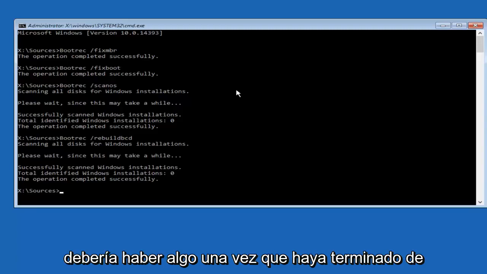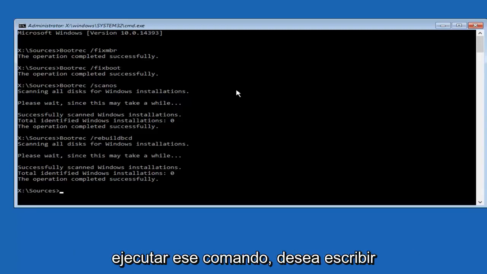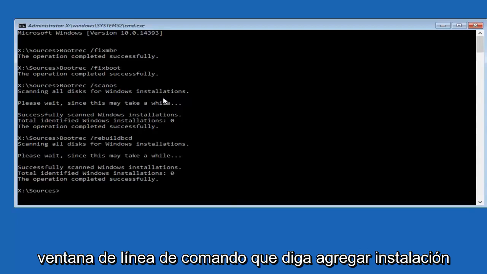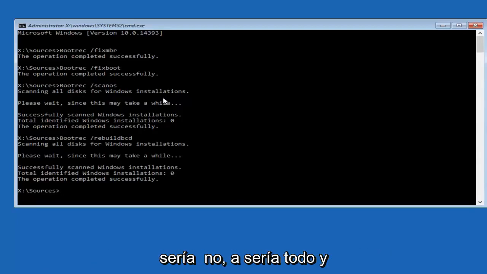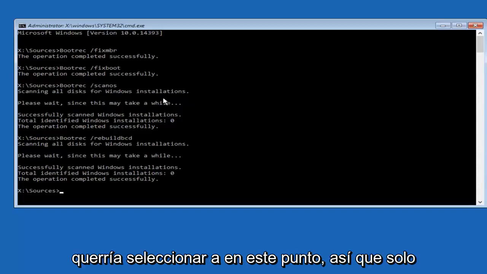And then once you're done running that command, you want to type the letter A in, because there should be something that comes up on this command line window that says add installation to boot list. Yes should be Y, N would be no, A would be all, and you would want to select A at this point.